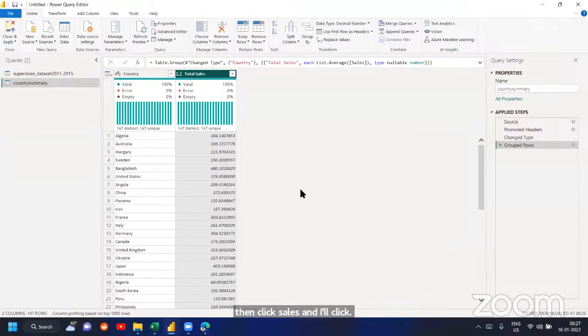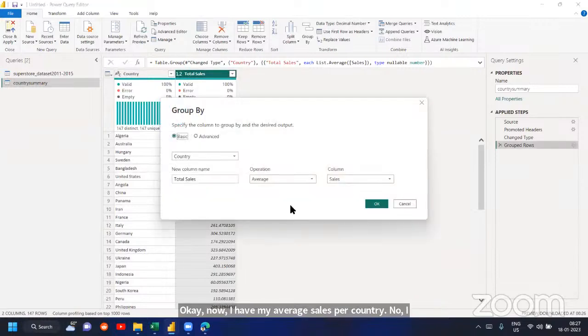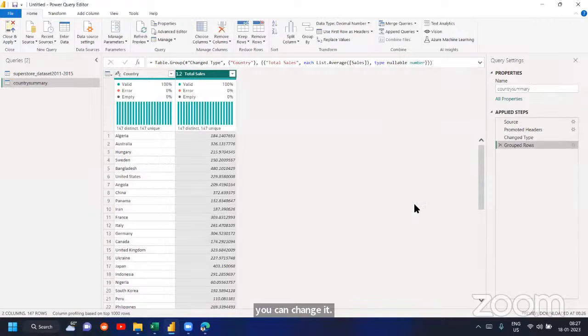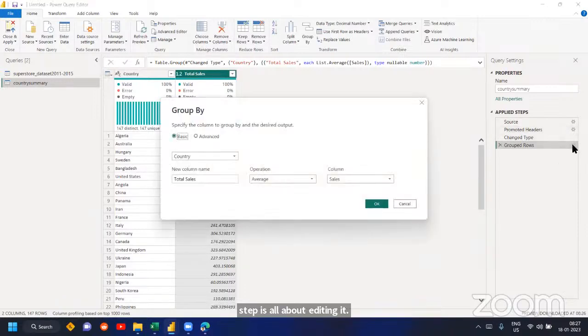Now again, if I want to change it, I can simply go back and change it. You can change it any number of times. You don't need to worry that you're applying too many steps. You can edit the same step. Earlier I told you how to remove a step. Now this is all about editing it. Not every step will allow you to edit. Wherever you have the gear icon, only there can you edit the parameters. That gear icon, if you click, you can always edit however you want. You can also try it and let me know if it's working for you.